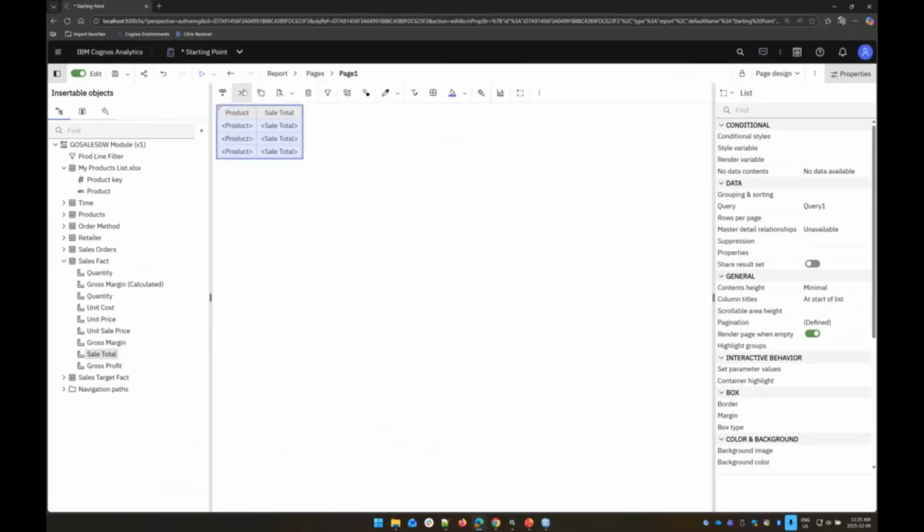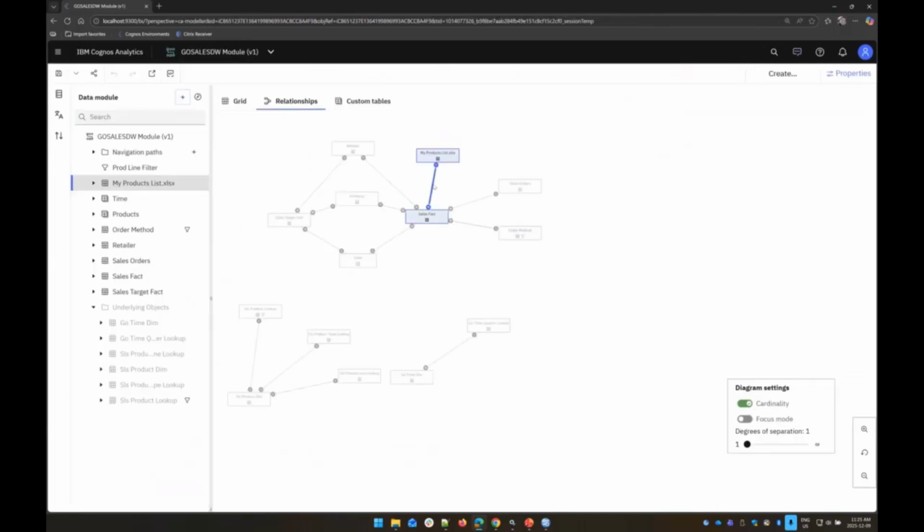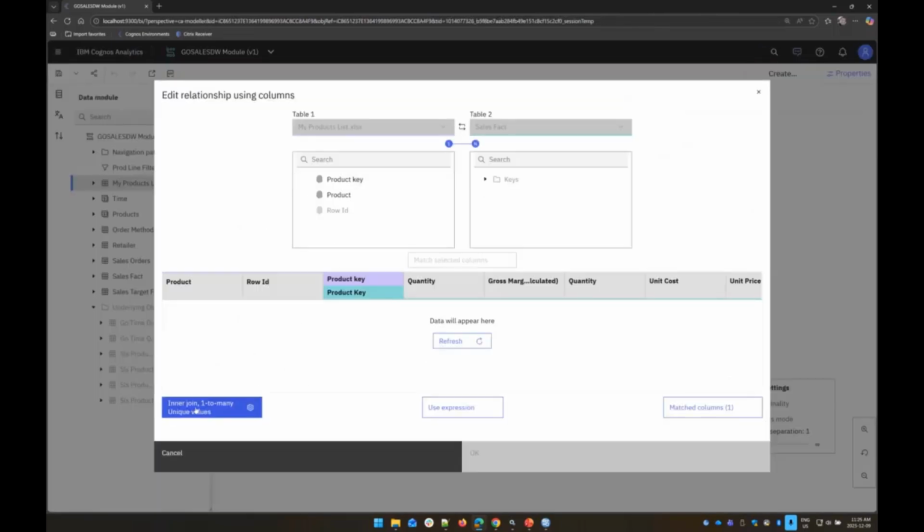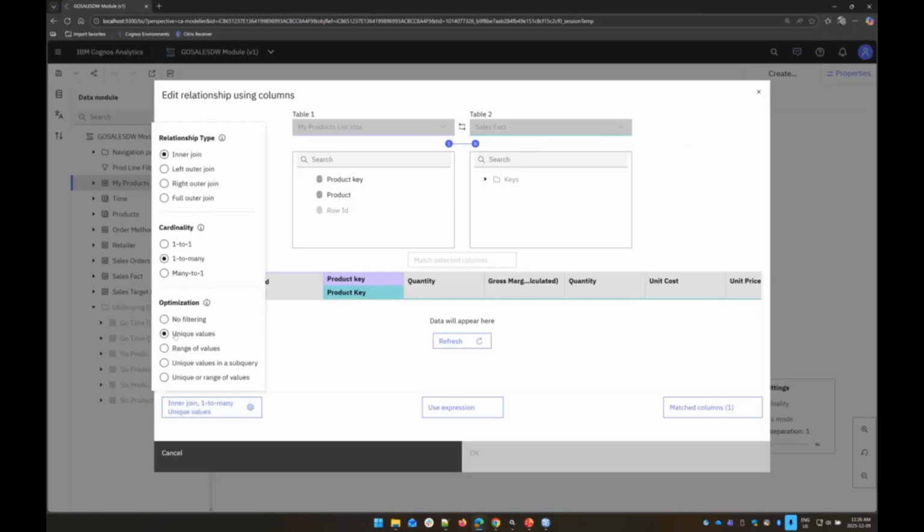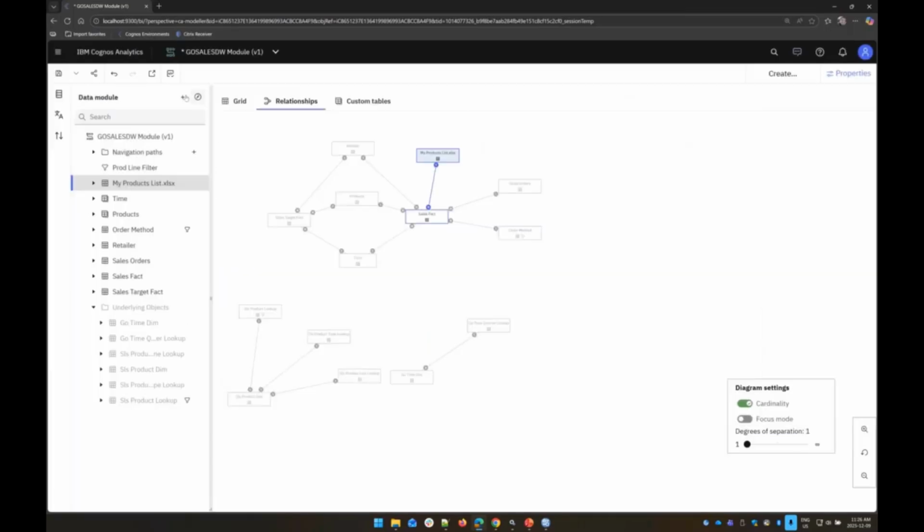Now, if we had taken off that optimization, which is found here in the relationship, so here you can see it says use unique values under optimization. By default, it is set to no filtering. So if I save this, and sometimes it takes a few seconds to save,